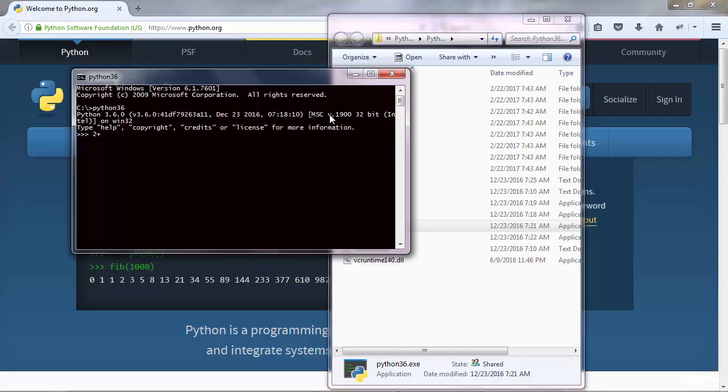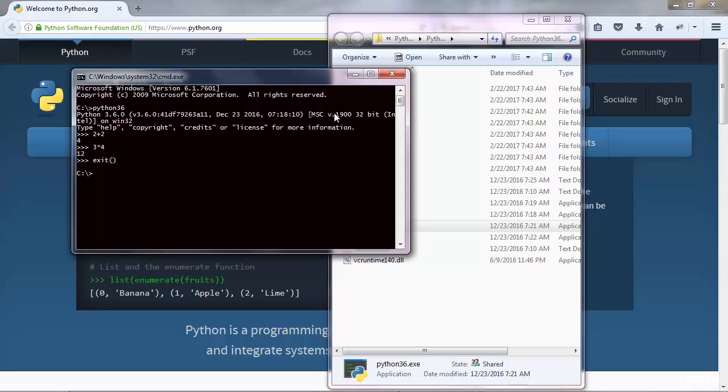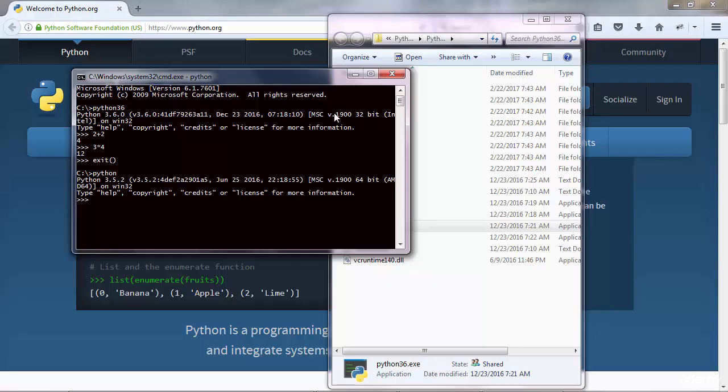And again, of course, you can do operations here and so on. Of course, you still have Python 3.5. At least I have Python 3.5. Maybe you don't, because you didn't have any Python installed just yet. So that's the idea.